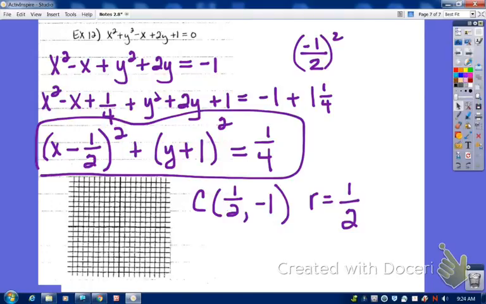So we have a center to the right 1/2 and down 1. To the right 1/2 and down 1. And then we go right 1/2 a unit, up 1/2 a unit, left 1/2 a unit, and down 1/2 a unit. So kind of probably impossible for y'all to see, but we'll just use our imagination here. Probably just going to look like a blob to you, but